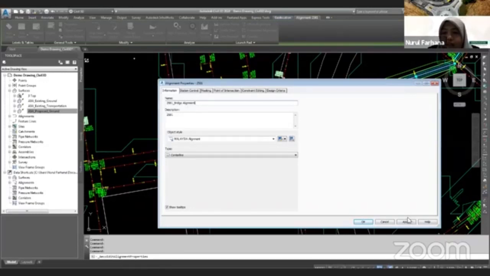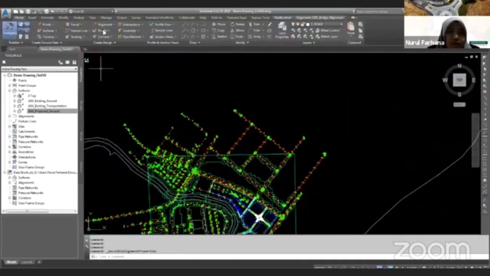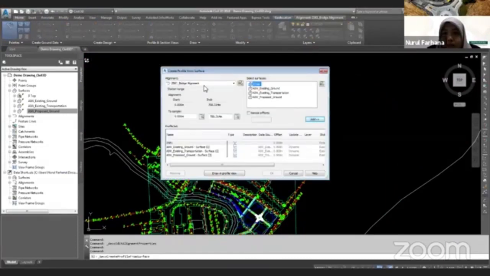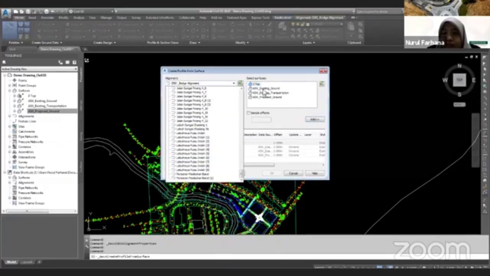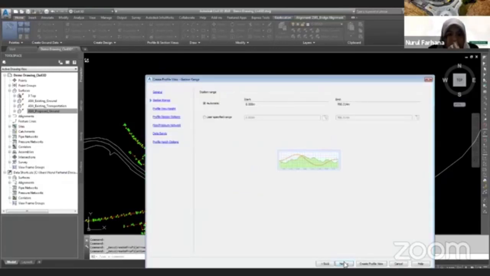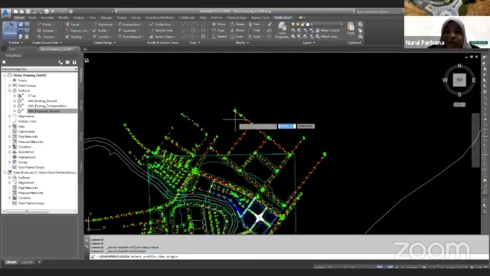Then I will come up with the profile for this alignment. Make sure, you see, there are a lot of alignments. So we have the bridge alignment, selecting. They already have the existing ground and proposed, so it just draws the profile view. You just have to do some quick check. Okay, I just place this